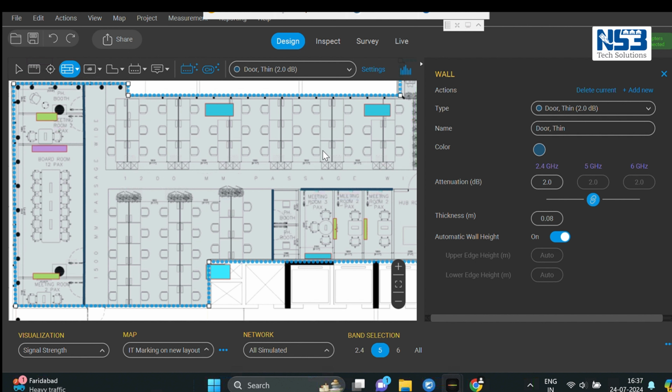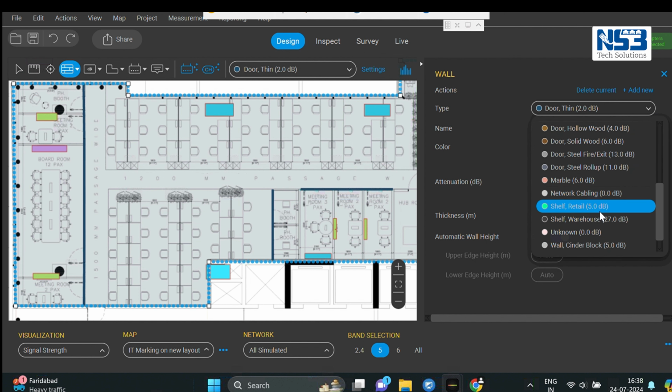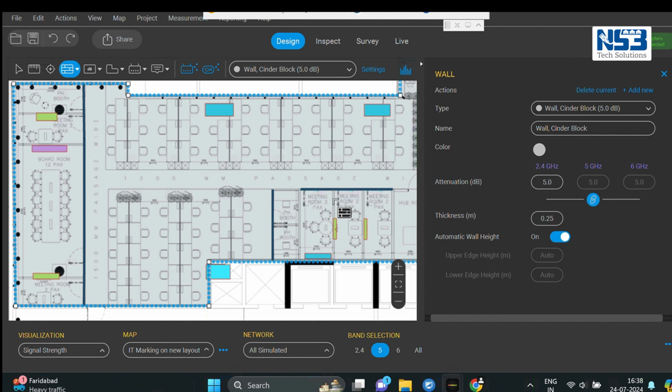And the mid partitions of these cabins or these small meeting rooms would be of cinder block, or it might be of drywall partition depending on the infrastructure. We will cover them all.